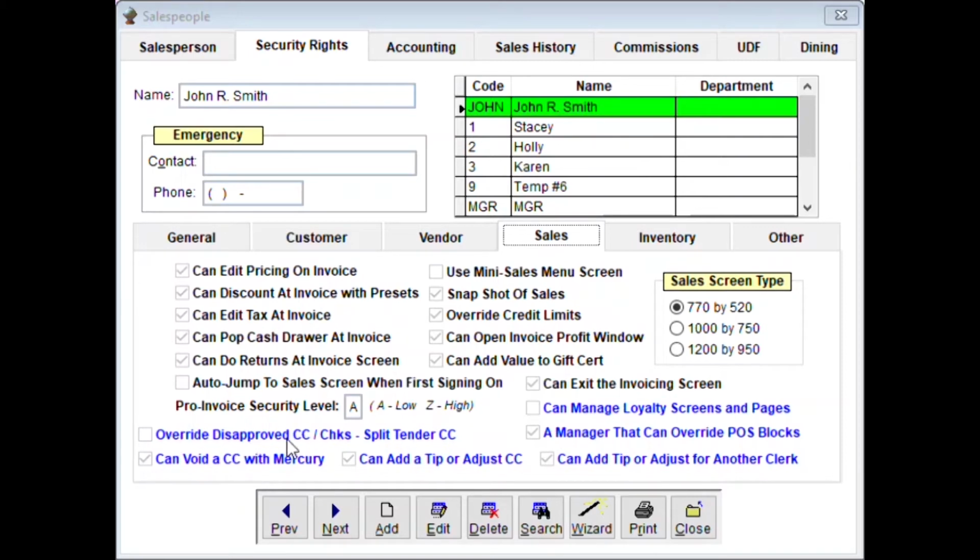Override disapprove credit cards and checks, split tenders, credit cards. We have, I think, 10 or 12 different split tenders. In other words, you can pay your bill with 2 credit cards, a check, and a traveler's check all in one screen. Can void a CC with Mercury or our other